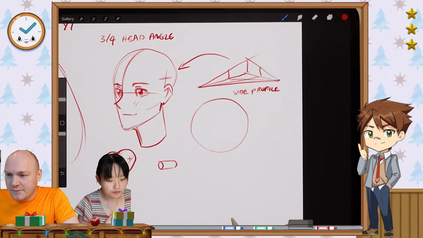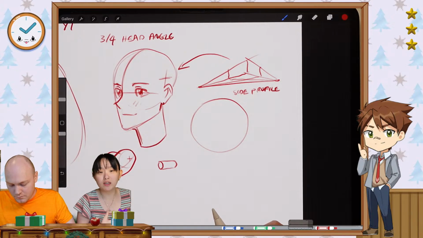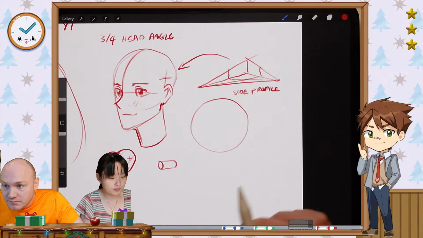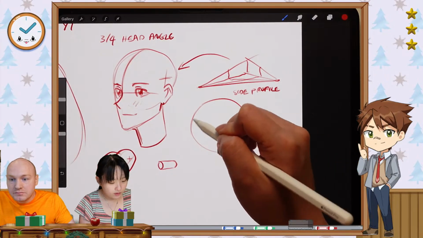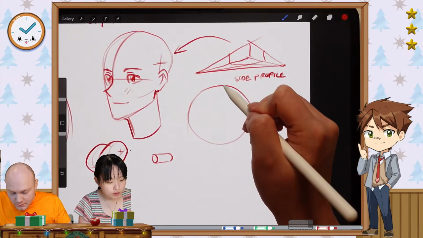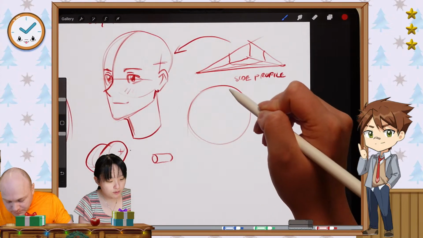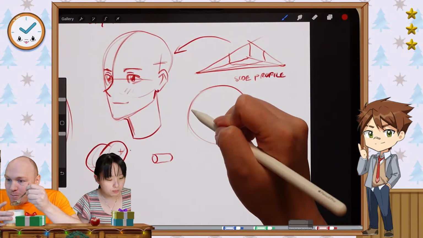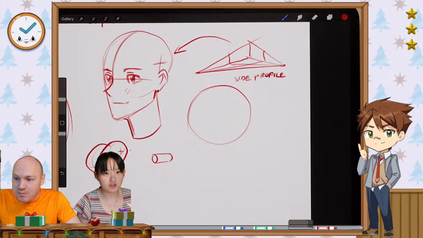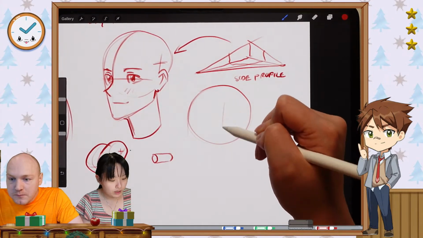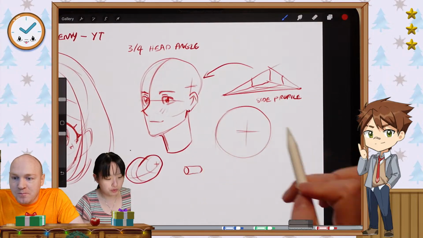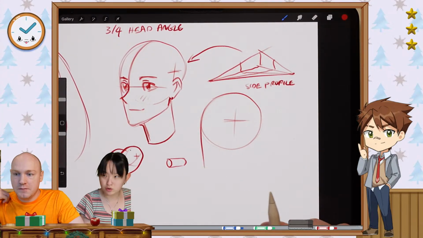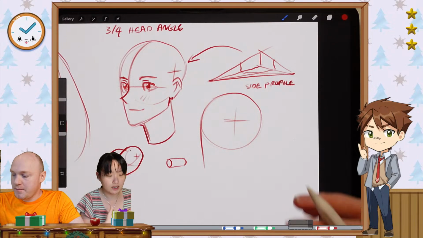Somebody asked how to do a side profile, and our latest TikTok is on side profiles, but I kind of want to go a little bit more in depth with it, because I didn't do that in the TikTok, but either way. When you draw the side profile, even though this is a circle, this is still a sphere. So you want to imagine that this is a 3D form. Here's the side of the head, as I drew in the 3/4. Here is a line, or I like to draw it kind of like a curve, and this is kind of like a mask for the side profile.